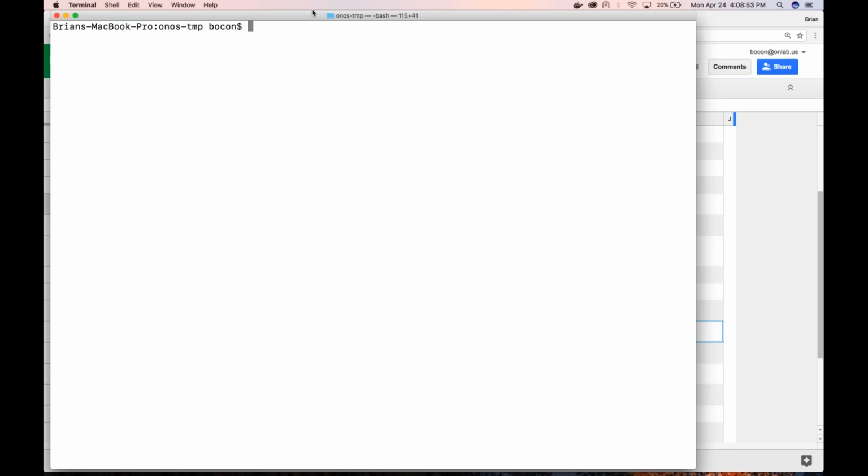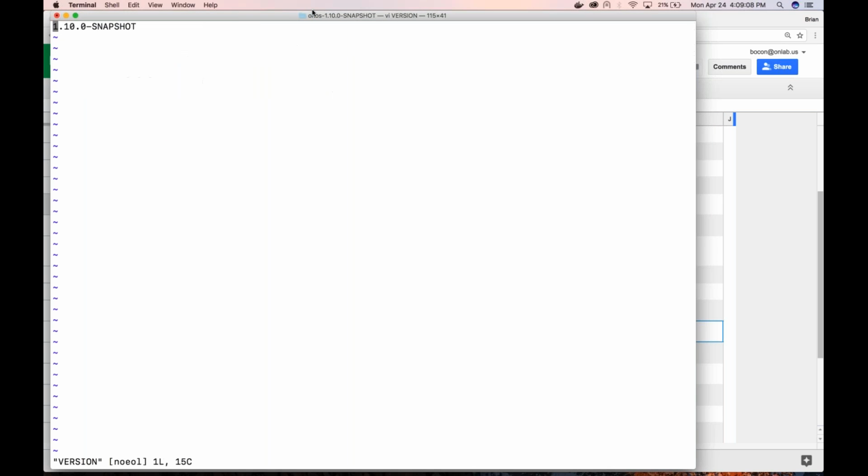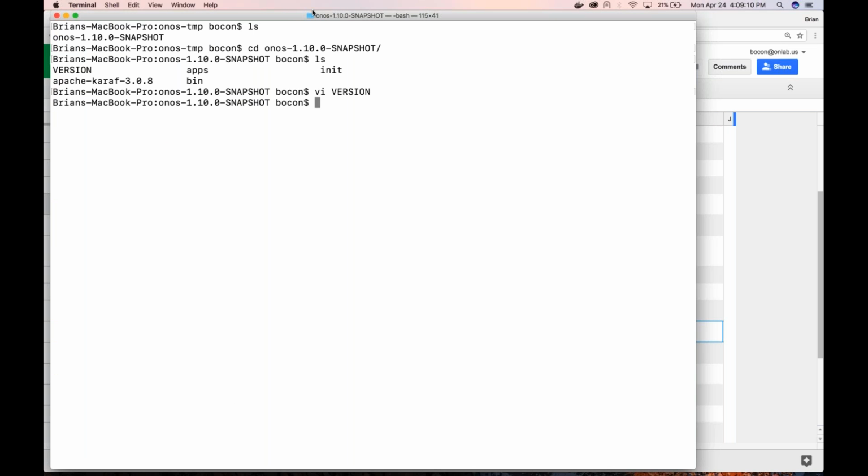When we create the ONOS tarball, I just extracted it so that we could explore it. At a high level it gets pulled into a directory with a version number next to it. When you start looking at it, there's a version file, which is just the version number. This is also the version that got more or less baked into the artifacts along the way. There's a bin directory, which has some scripts: the ONOS script, which is the client, and ONOS secure SSH, which rewrites or deletes the